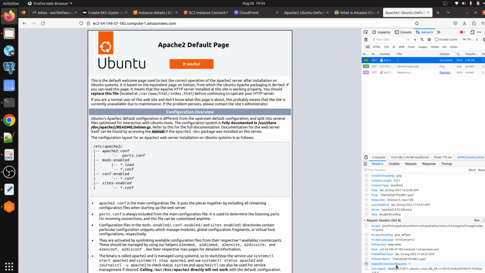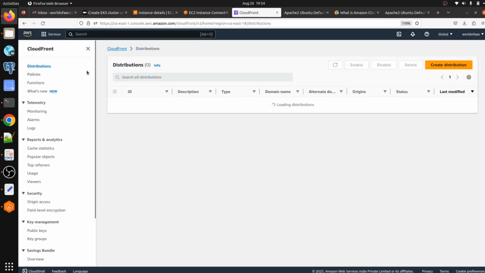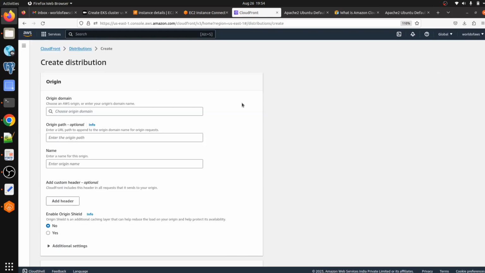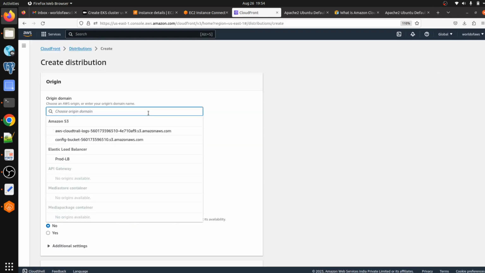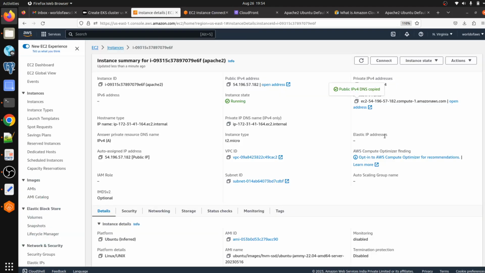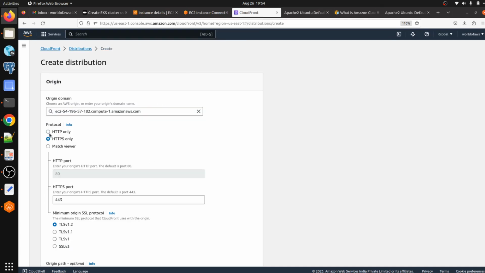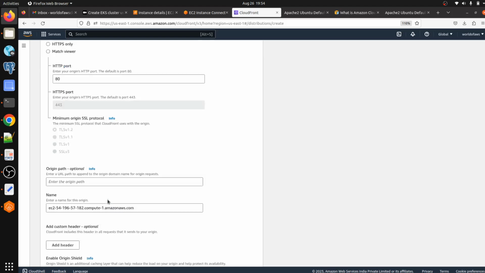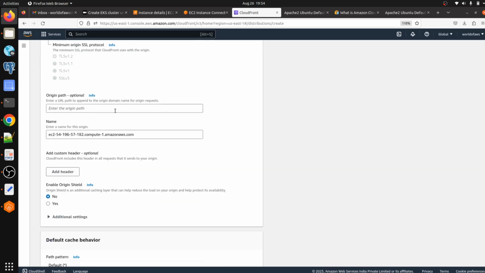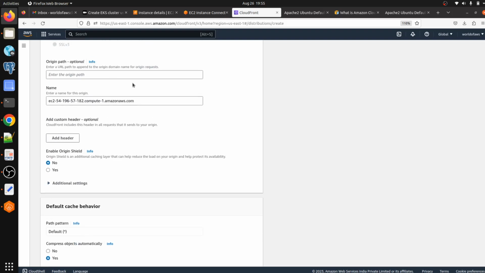Okay, so let me jump to the CloudFront console, and let me create one distribution here. So we are going to use this DNS name as our domain. I'm going to use HTTP only, and origin path we are not going to use because we are not hosting any specific application here, but you can implement it in real time if you are doing it for any project.